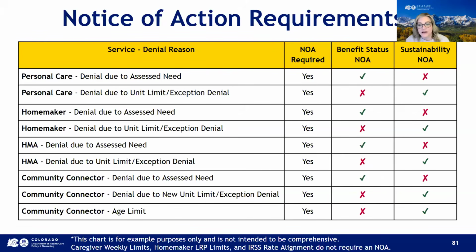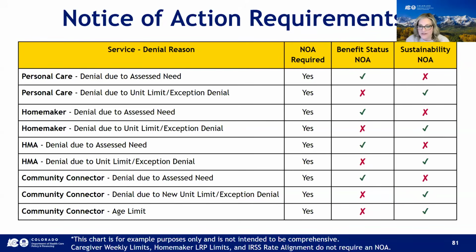For the changes that are made through a revision at monitoring, you have to make sure that you're indicating an effective date of 60 days from the date of your monitoring visit, or April 1st if the monitoring visit was earlier. On the notice of action, to give members and their families and providers, it has to have this 60 days to give ample time for them to make adjustments to meet the changes required within their service plan. For changes made at continued stay review, follow your normal process for NOA and timelines.